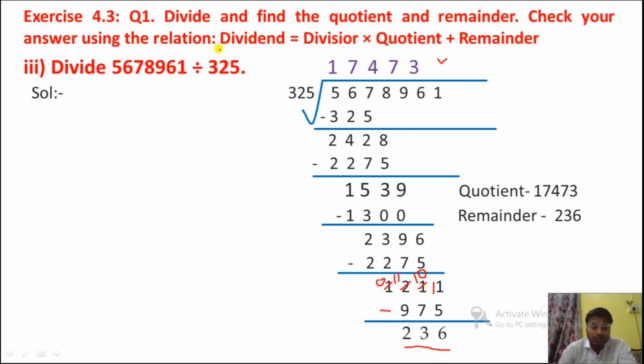So this is how we can find out the quotient and remainder. After that, using this formula you have to verify, which we have already seen in example number 1, how to verify the answer. Clear to you? So children, today whatever I have discussed with you, I hope each and everything is clear to you. Thank you.